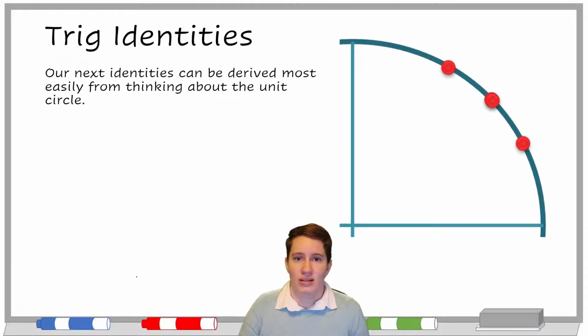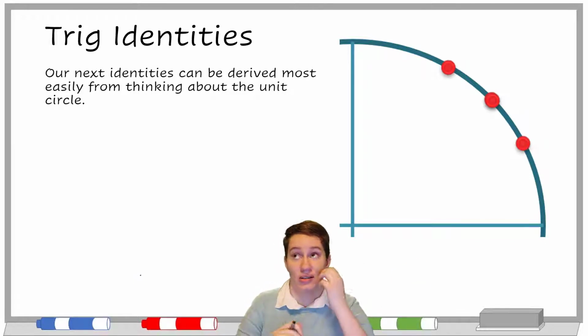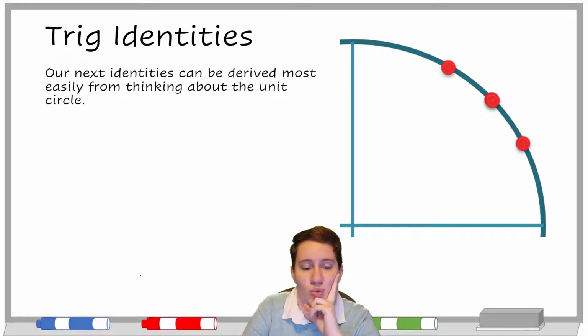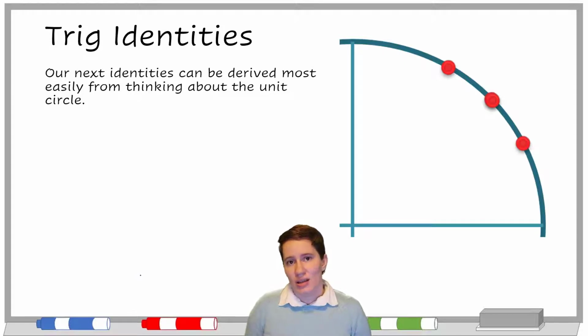Let's talk about some new trig identities. We talked about quite a few last time, but these next ones are, I think, really cool, but it's helpful to think of the unit circle as we're talking about where they come from. So I have the first quadrant set up so that we can look at the first quadrant of the unit circle. If you don't know what the unit circle is, I'll try to put a link in the description to a video about the unit circle for you so that you can go look. The unit circle is basically we normally have a full circle, not just a fourth of it,